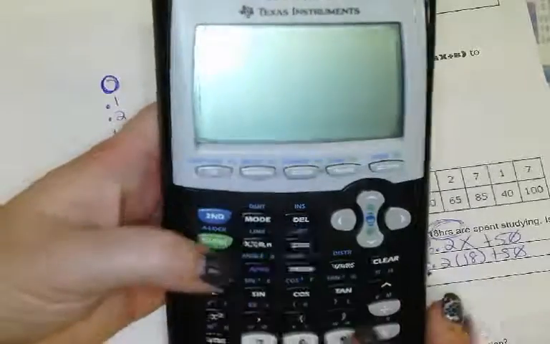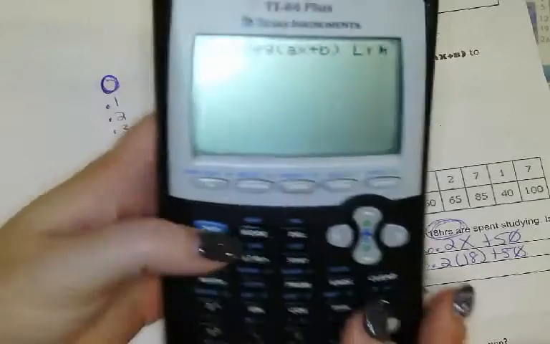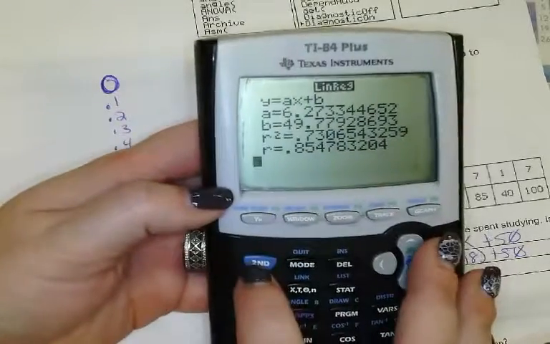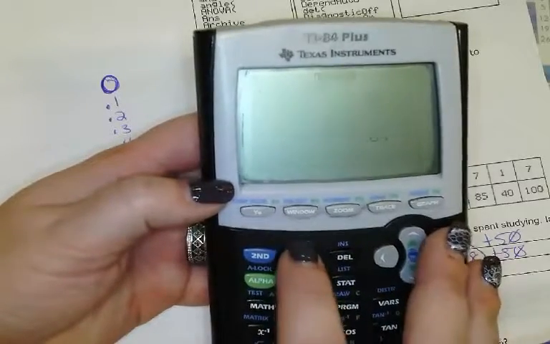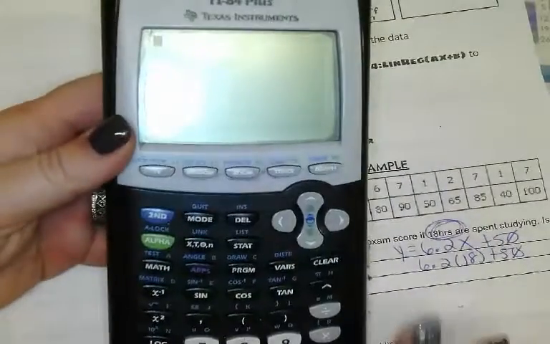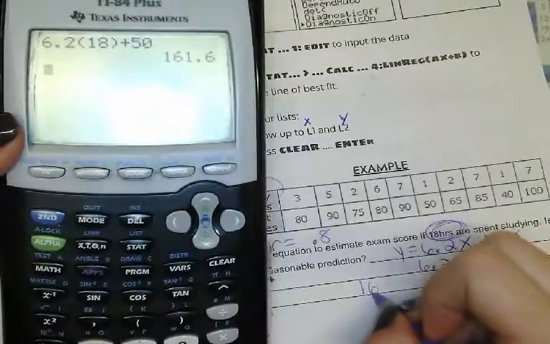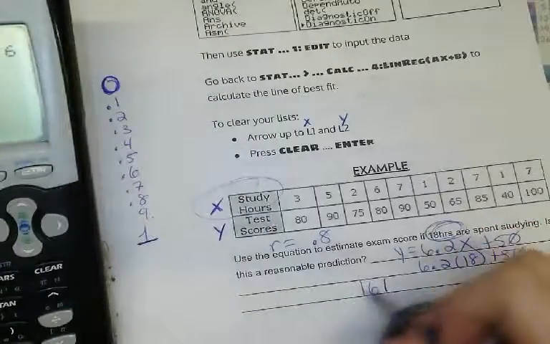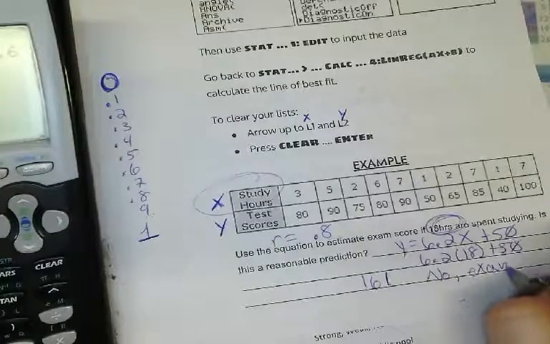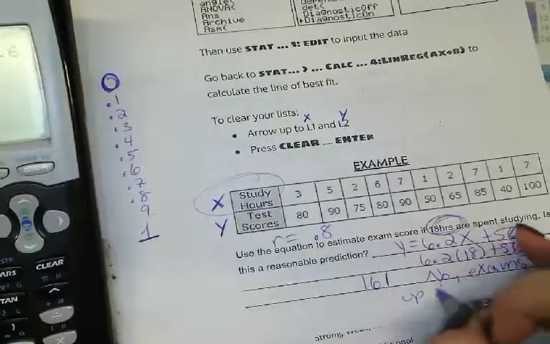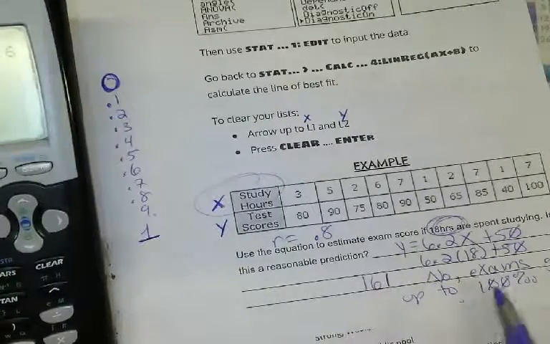Oh, by the way, to get out of what you were just in, so when you're in calc here, to go back to the home screen, you can hit the blue button and then quit or mode, and then that will get you back to here. So we've got 6.2 times 18 plus 50, and it says our exam score will be 161. Is that a reasonable prediction? No. Exams go up to 100. So just because you spend longer on a test doesn't mean you'll get a higher grade, is what this